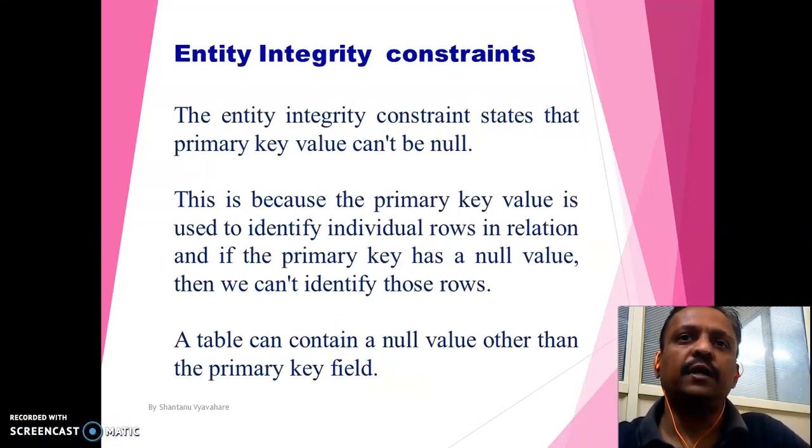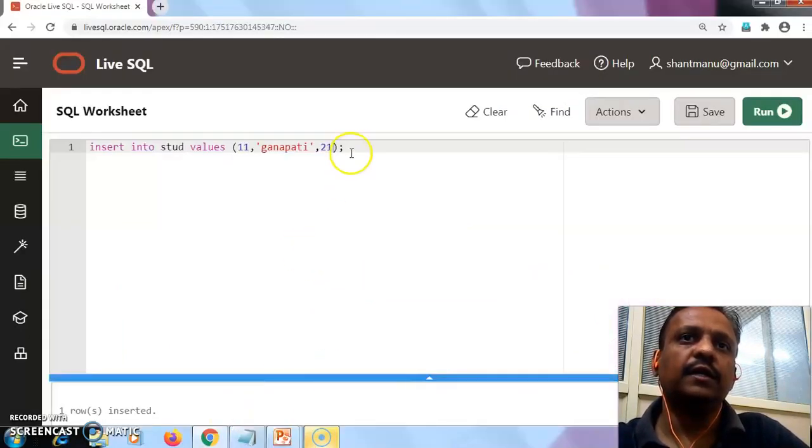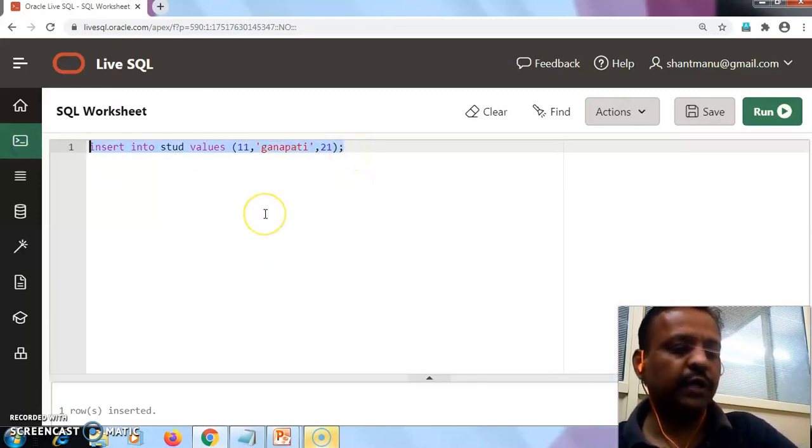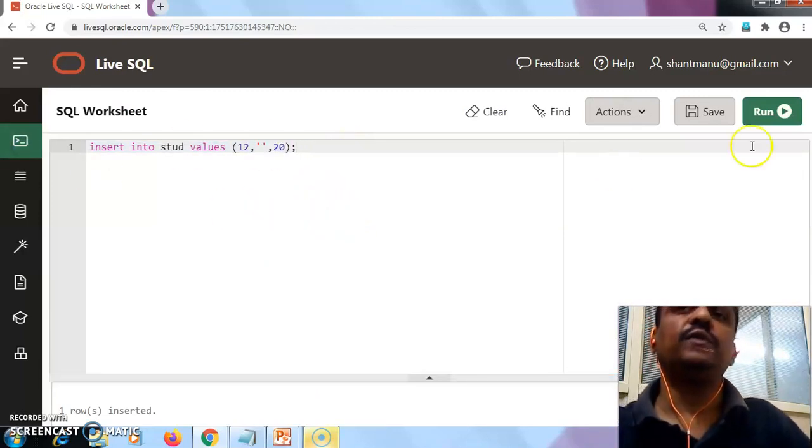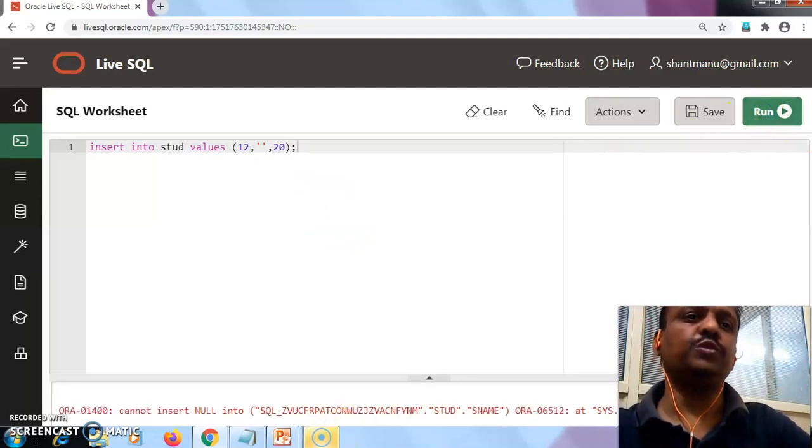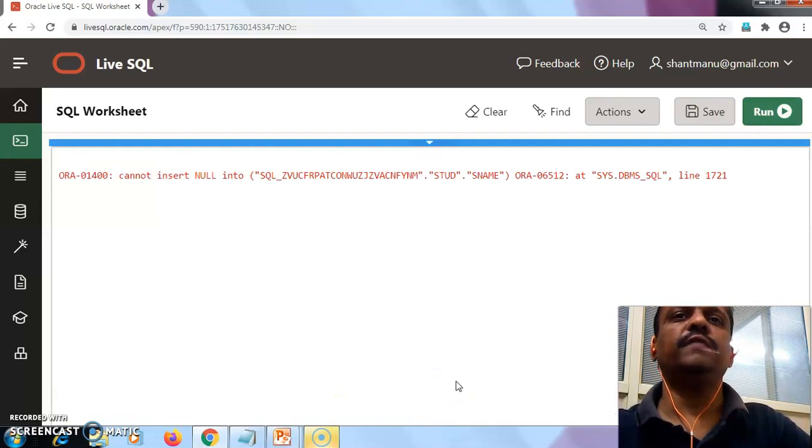In this constraint, if you insert a null value for the primary key, then it will not insert values properly into the column. So it shows you an error, that is, cannot insert the value into the column.